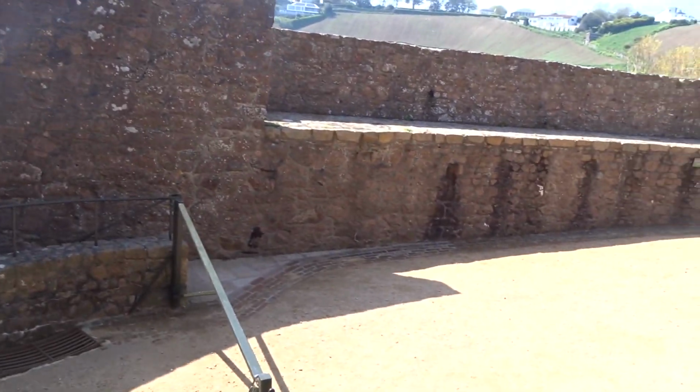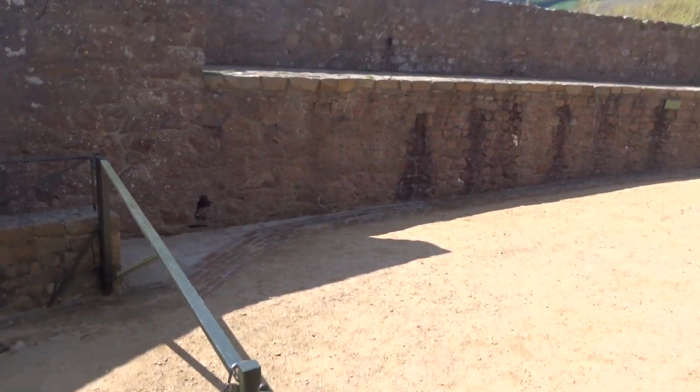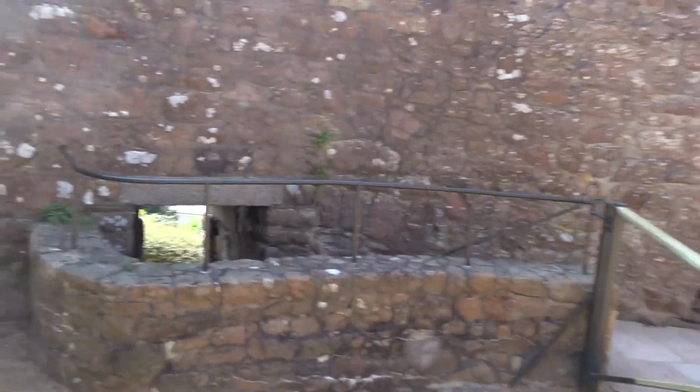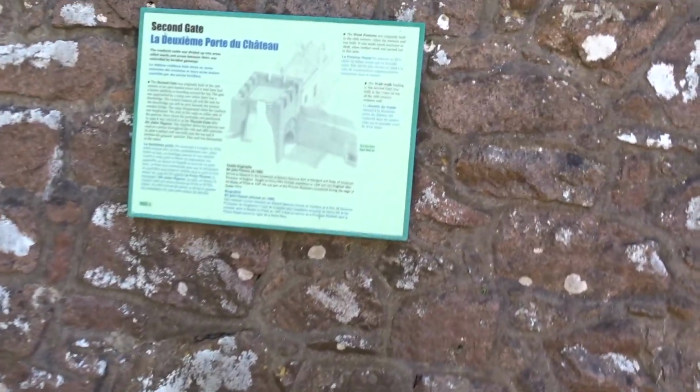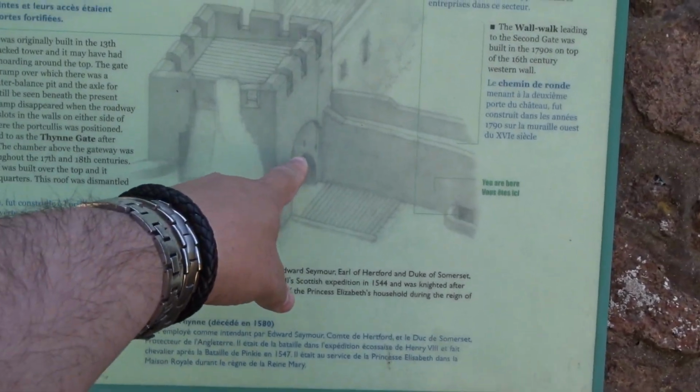Right, so we're in. Here we go. Right, so that's what Charlotte just showed you down there. We're now at the second gate by the looks of it. There we go, see? So, basics of this gate is...